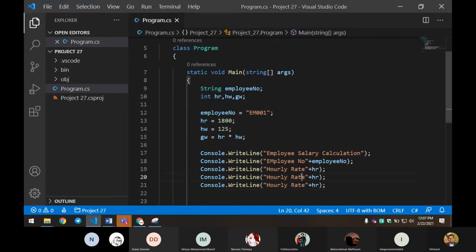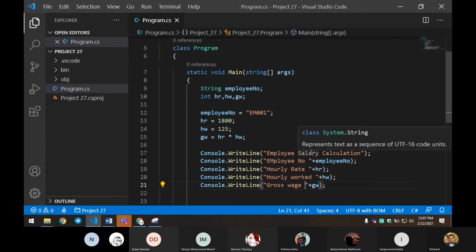So hourly worked, that is HW, and gross wage, I'm going to call it GW. After each and every text, I'm going to have one space, and this space can be generated only within the double quotation marks. Outside of the double quotation marks, you can't give any space.